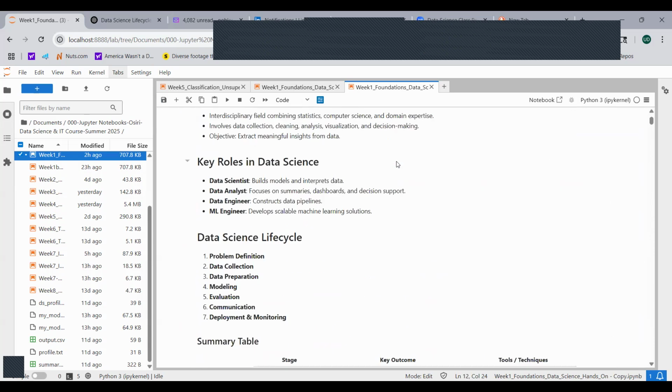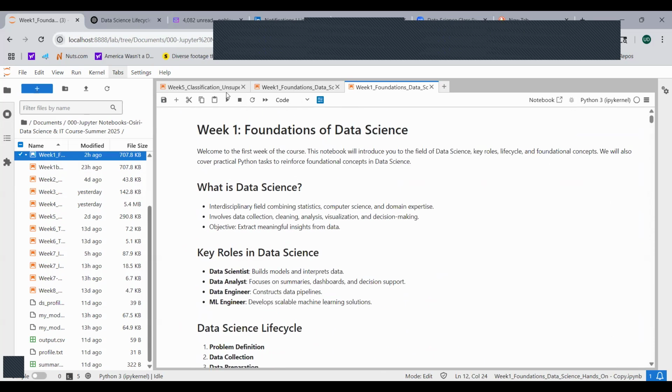So for those that are not very familiar, you see this button. There's some noise coming from somewhere. Please check